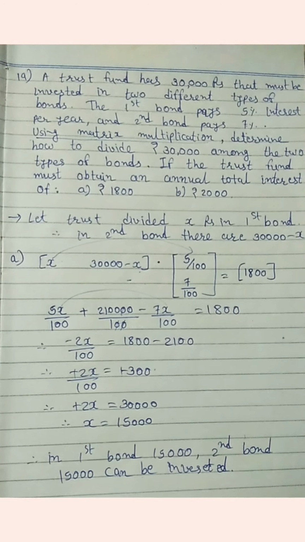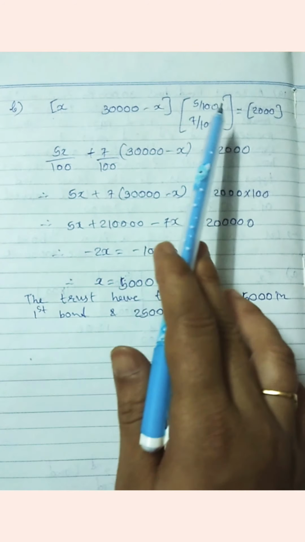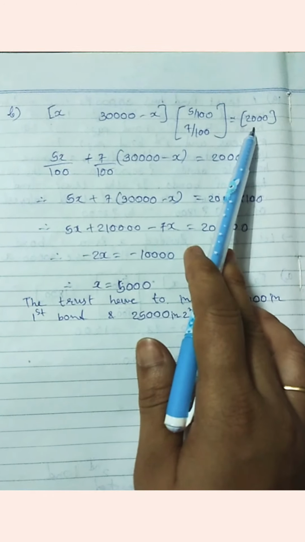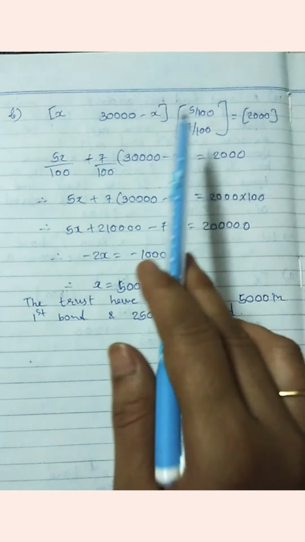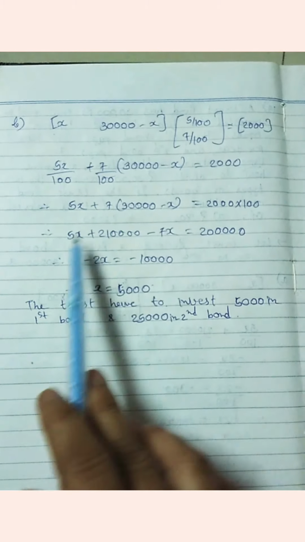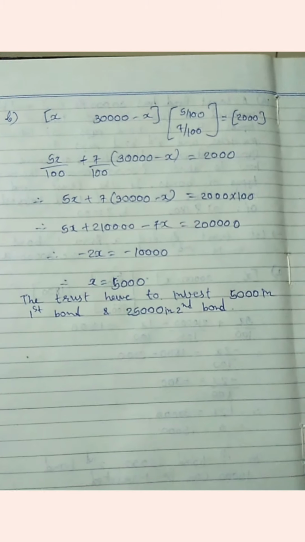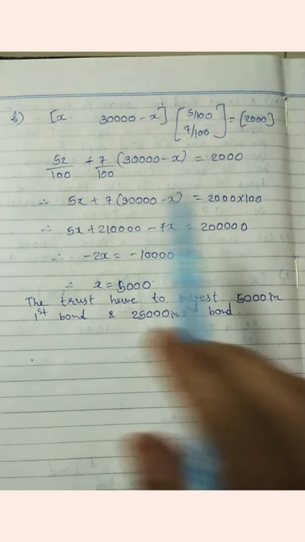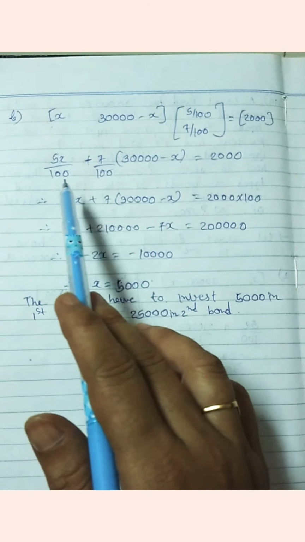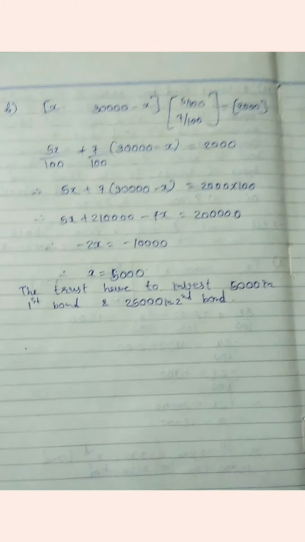Interest is 2000 similarly. Second part फटाफट से x, 30,000 minus x, 5 by 100, 7 by 100. Here the amount is the only change in this whole question in part B. So 2000 here. ये जो आपका LHS है वहाँ पे कोई डिफरेंस नहीं है, लेकिन मैंने थोड़ा डिफरेंस इसलिए दिखाया कि आपको जो भी मेथड सूटेबल लगे आप कर सकते हैं. वहाँ पे मैंने क्या किया था, 7 by 100 को मल्टीप्लाई किया था. Here I am taking the common 1 by 100 out and keeping it on the RHS.